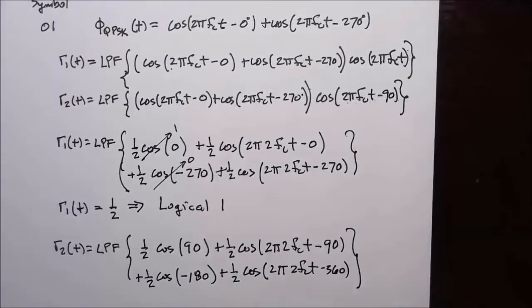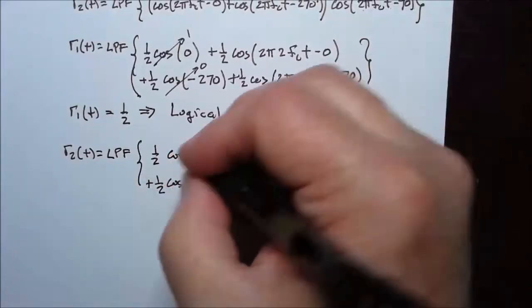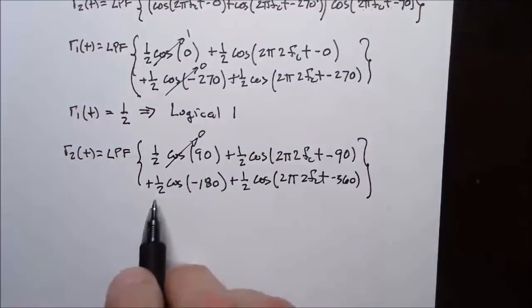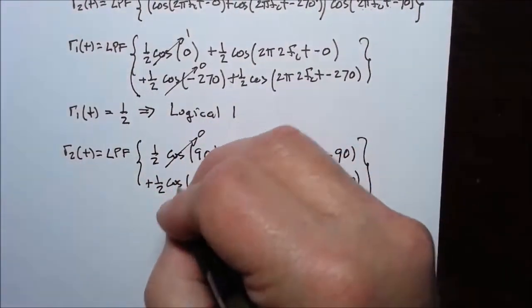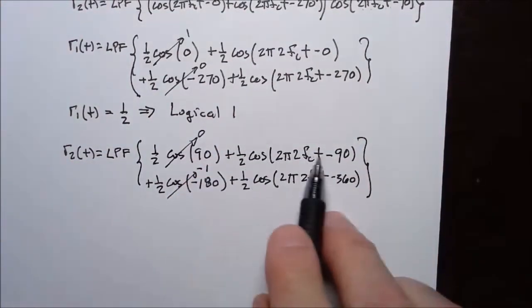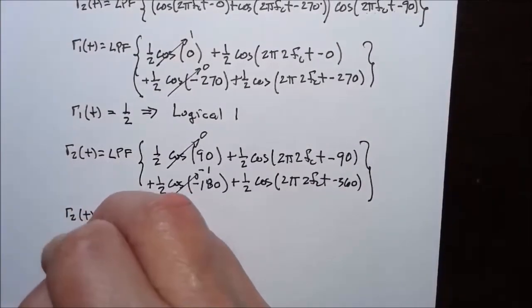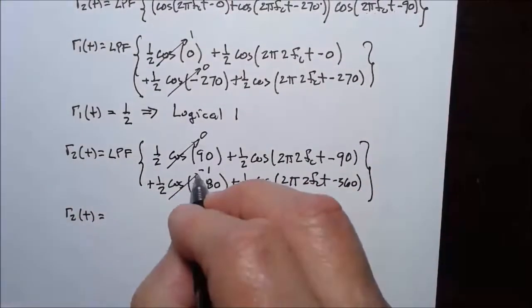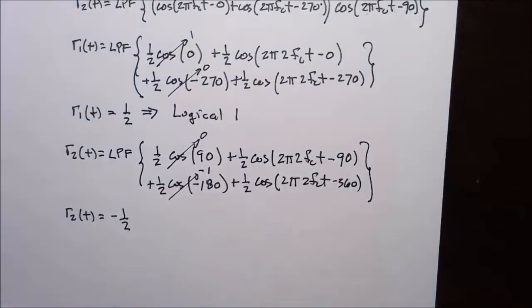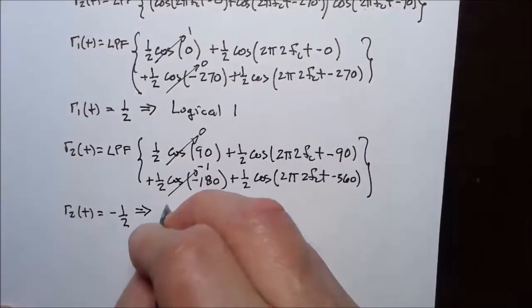Not that it matters, because cosine of 90 is 0 degrees, cosine of minus 180 is minus 1. A low pass filter takes out these high frequency terms, so we get R2 of t is equal to minus 1/2, and that maps to a logical